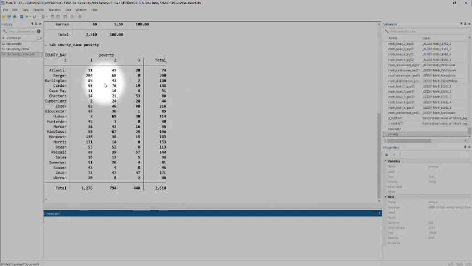It shows for each county how many schools there are in total, and then how many low poverty, mid poverty, and high poverty schools there are. Of course, what we would expect is that small counties are going to have fewer high poverty schools, just because they have fewer schools. Larger counties, like Bergen County here, you would expect to have more high poverty schools, if this was all at random,